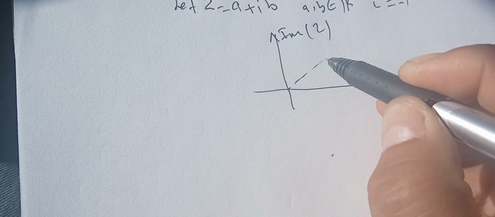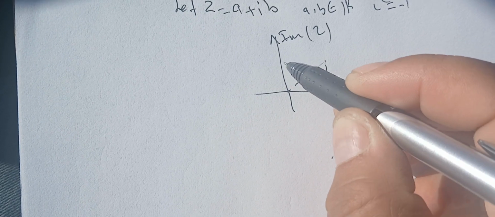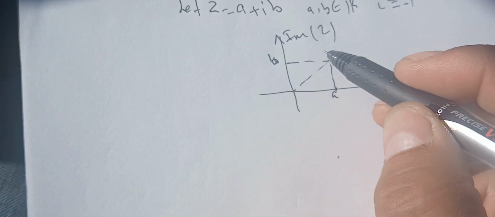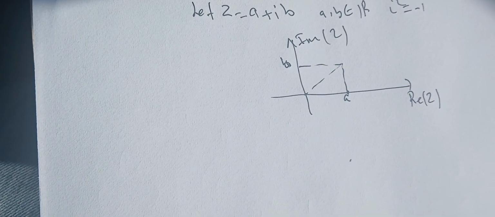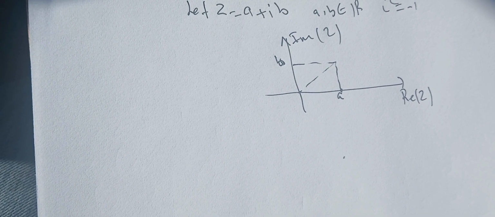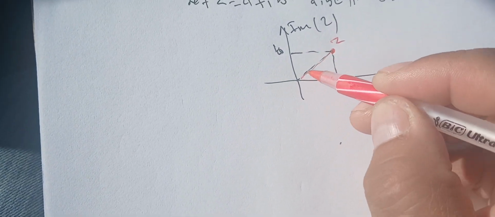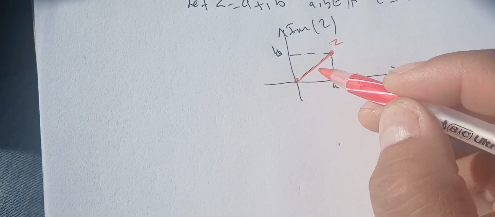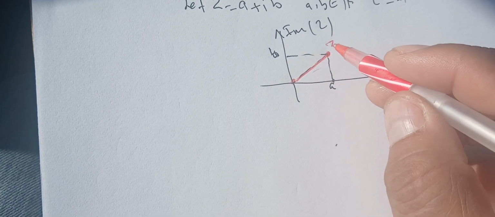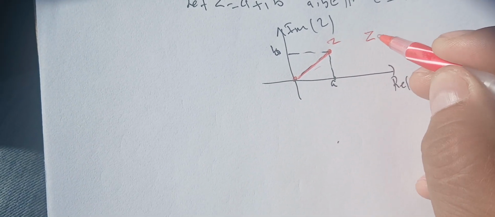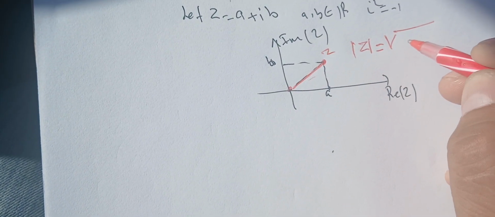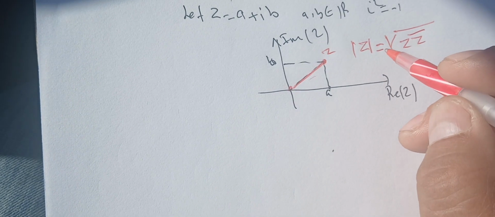as the point having coordinates a and b. Okay, so most of the time we are interested in this value, the length of this. This is our z. Okay, so we are interested in the length between 0 and here. So the length of this one is called the modulus of the complex number z, and it's denoted by |z|,